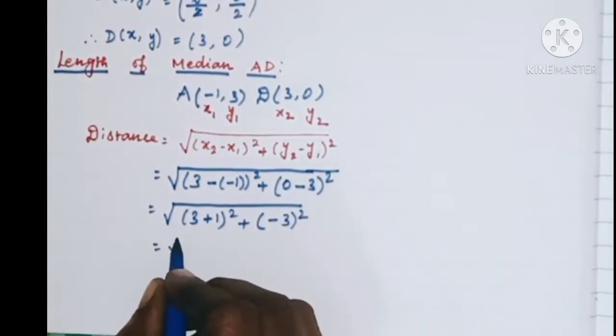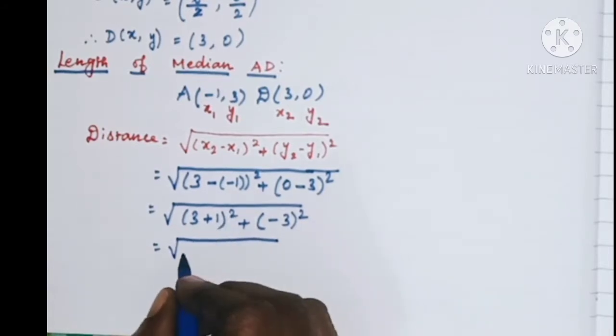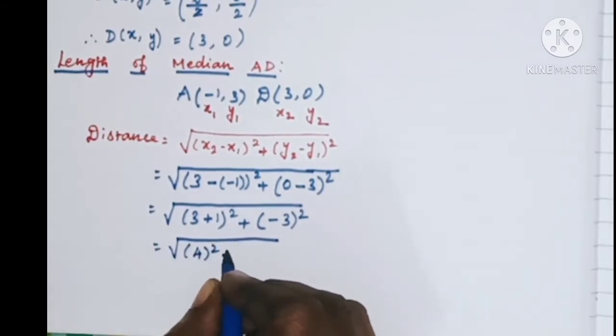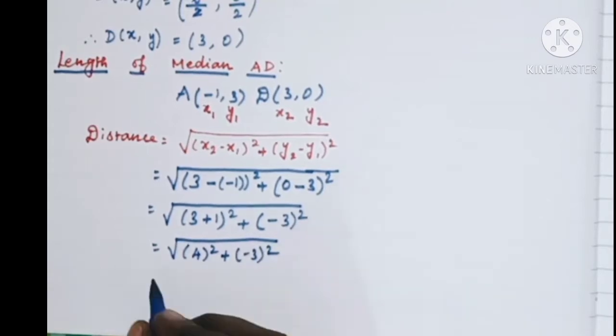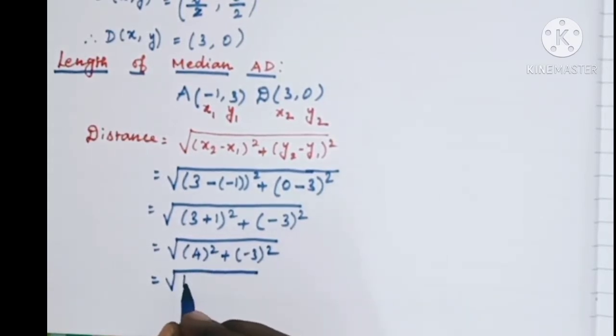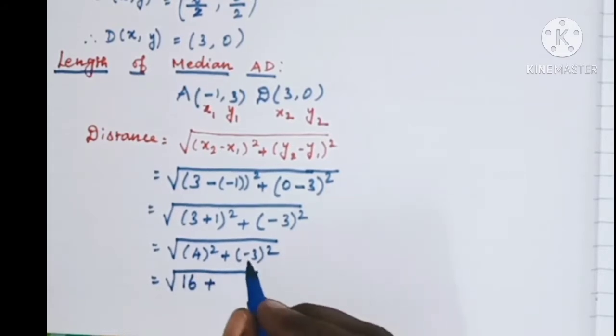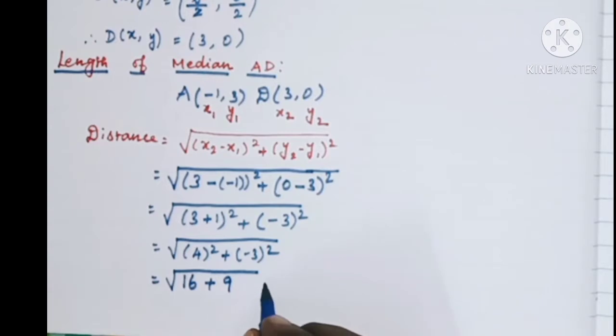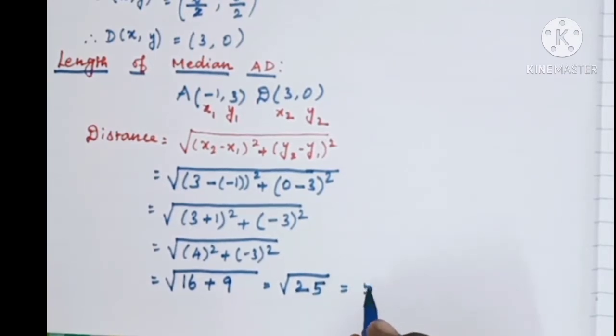Which is equal to square root of 3 plus 1 is 4 square plus minus 3 the whole square. 4 square is 4 into 4, 16, plus minus 3 the whole square is 3 into 3, 9, because minus into minus will become plus. Square root of 16 plus 9 is 25. So square root of 25 is what? 5